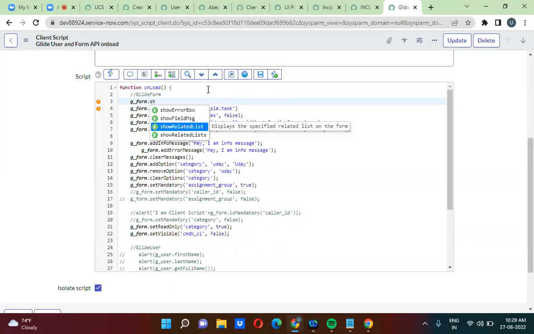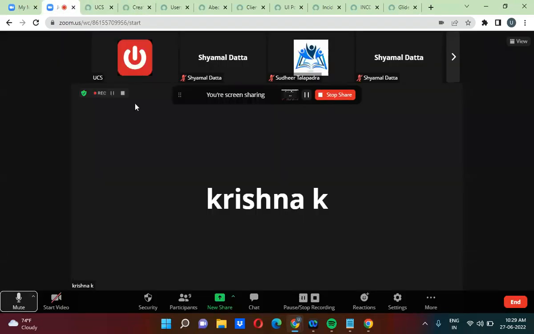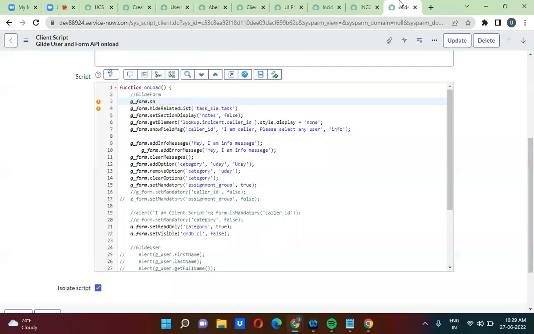Yeah, Krishna, go ahead. Can we do this for any particular group or particular user? Just like hiding any field or some control when we do this. Yeah, we can do that. So here,